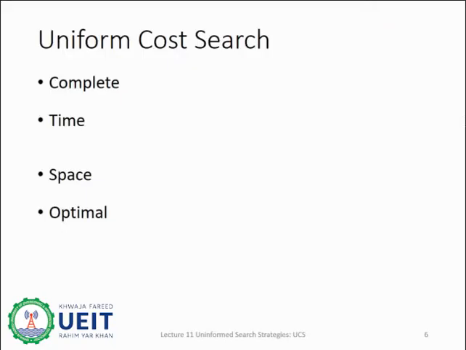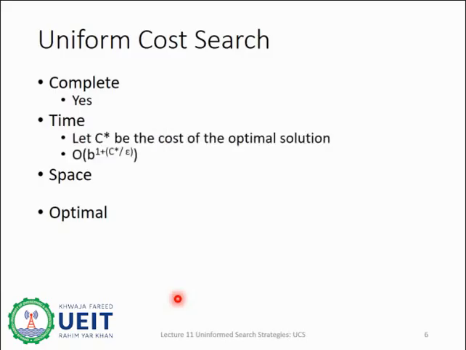Alright, let's discuss the technicalities that uniform cost search offers. Is it complete? Yes. If there is a goal in the graph, then it will always find one. Let C* be the cost of the optimal solution and epsilon is each step to get closer to the goal node. Then the number of steps is equal to C* divided by epsilon plus 1. Here we have taken plus 1 as we start from 0, which is the root node, and end at C* divided by epsilon.